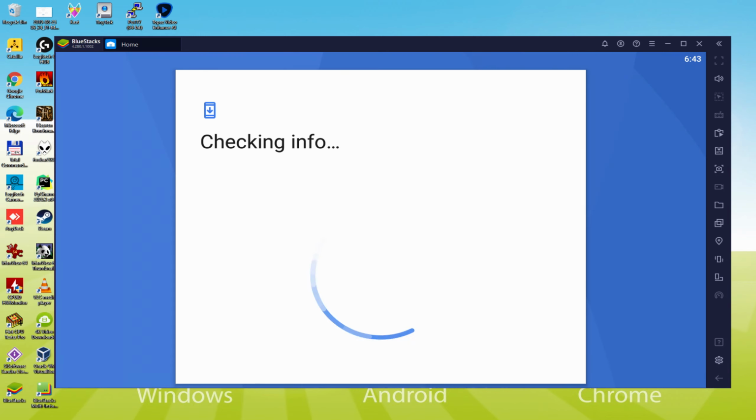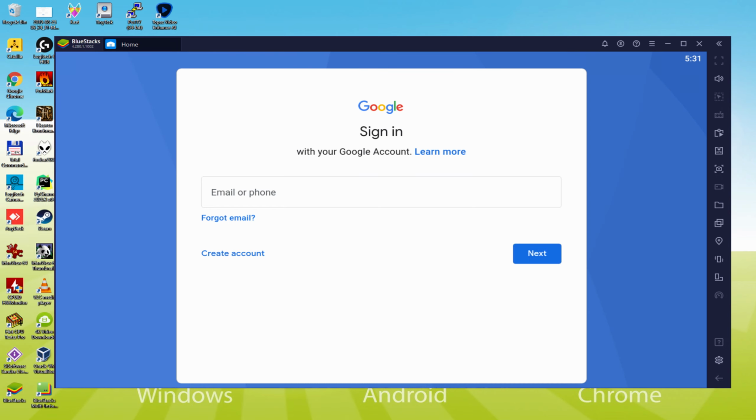Now it shows Checking Info. It can occasionally get blocked in Checking Info and fail to advance. If so, you may try to connect to your account after a couple of hours and it will most probably be solved. Now we can type in our email address and password. The email really needs to be a Gmail email address as well as its related password. For instance, you can make use of the same exact email you're using at this time in your YouTube account.